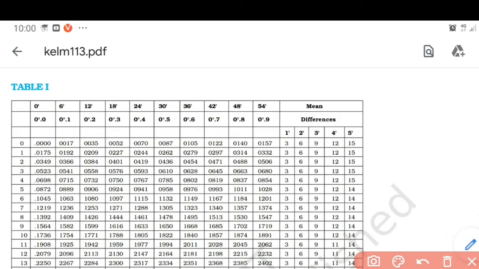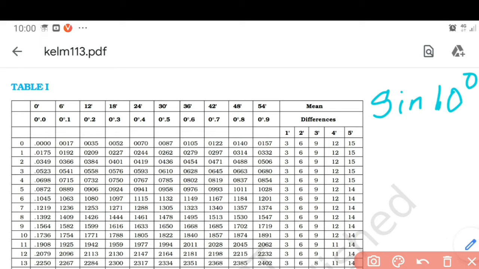First we will discuss how to find sine values. For example, we'll take sine 10 degree. What is sine 10 degree? How to find sine 10 degree from this table? So as you can see in the table